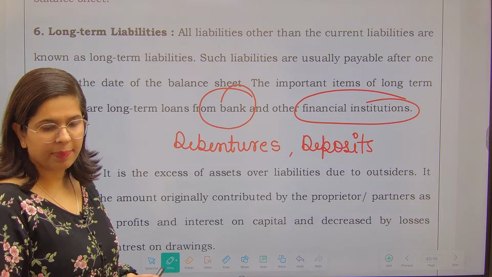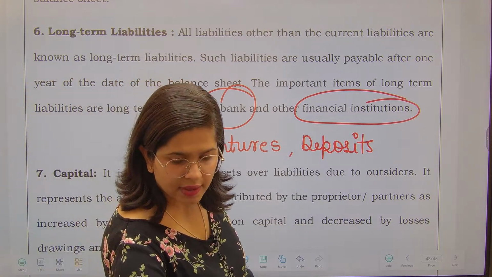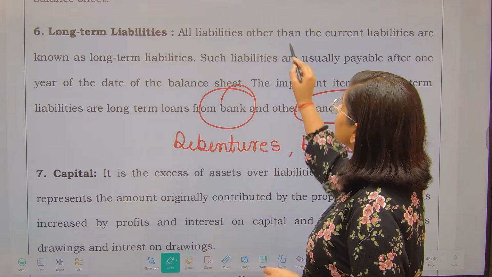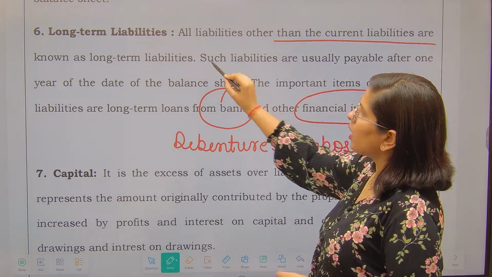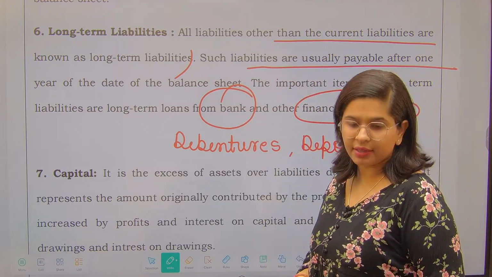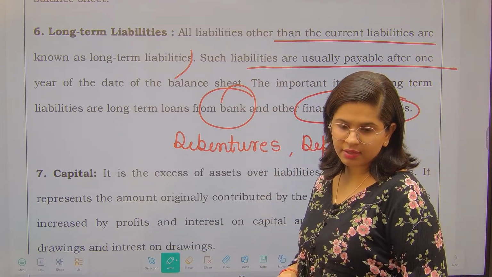These are taken for a period of more than a year. That is why they are called long term liabilities. So all liabilities other than current liabilities are called long term liabilities. They are usually payable after a year. So hence,